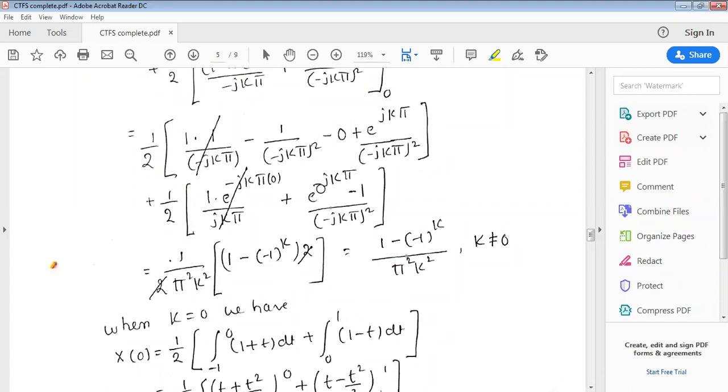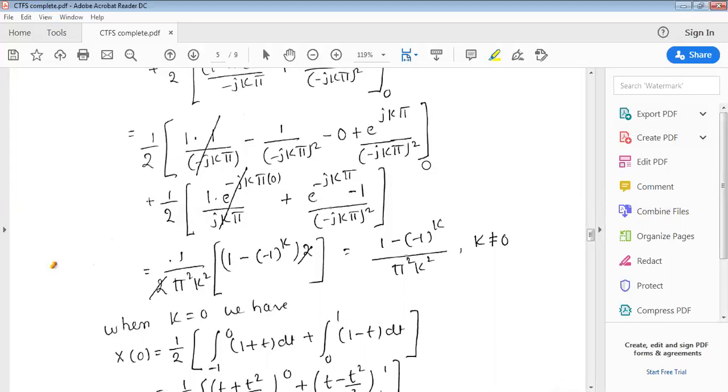Similarly, e minus (1 power k minus 1), both of them I am going to add. I'll get (1 minus (minus 1) power k) into 2, because these two factors and these two factors will get added up. So 2 and 2 get cancelled. In the denominator, what happens? Minus square plus j square is minus 1, minus cancels with this minus, so remaining I have only π square